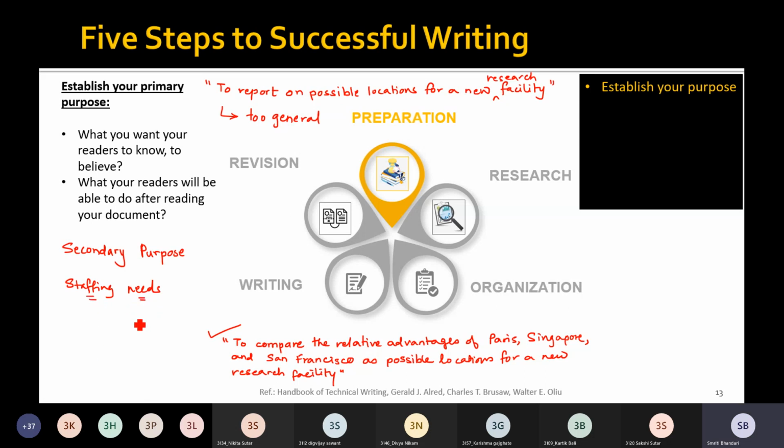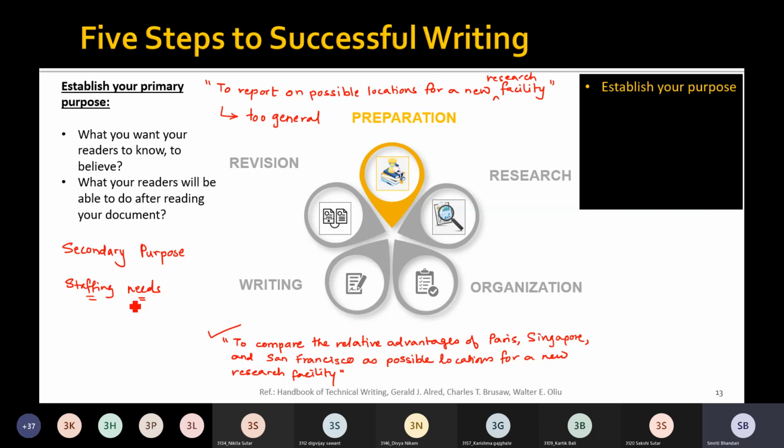So this might be the secondary purpose for this report. We are finding out the appropriate location for the research facility, and also the secondary purpose would be that we need to identify the staffing needs at that location, right? So that might be the secondary purpose that we may come up with,